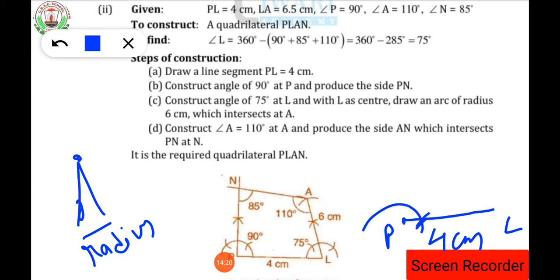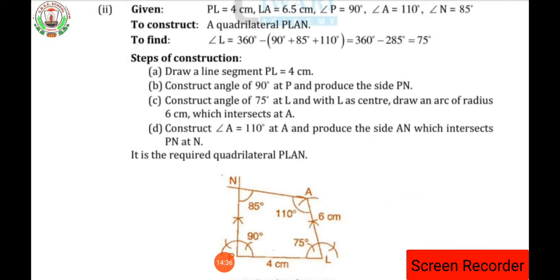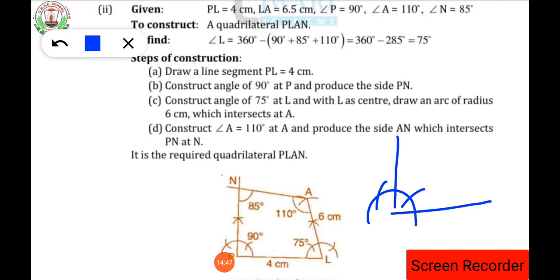Then keeping the needle at this point, draw another arc. With the same radius, again keep your needle here, then draw one arc here, and again keeping the needle at this, you can give any name. You will get one straight line. Clear up to here how to draw 90 degrees? Many times I have already taught you how to draw the 90 degrees in the previous classes, isn't it? So, you can draw very easily by the help of your compass. So, we will get the 90 degrees here. Clear? Name it PL, 4 centimeters. Up to here everybody understood.